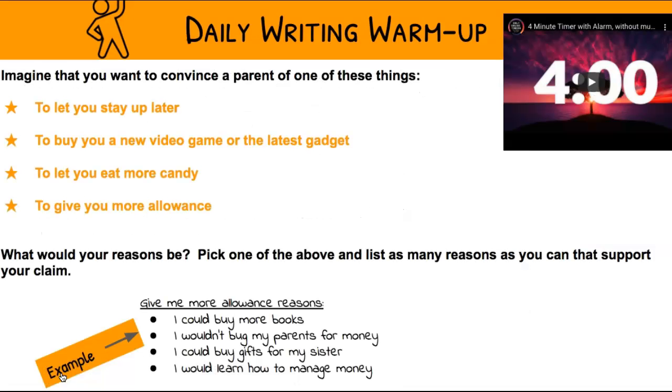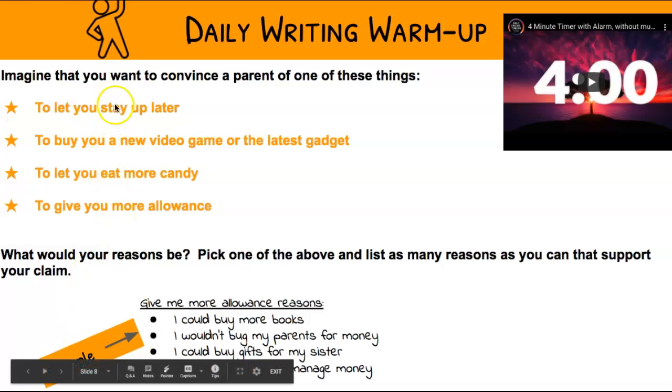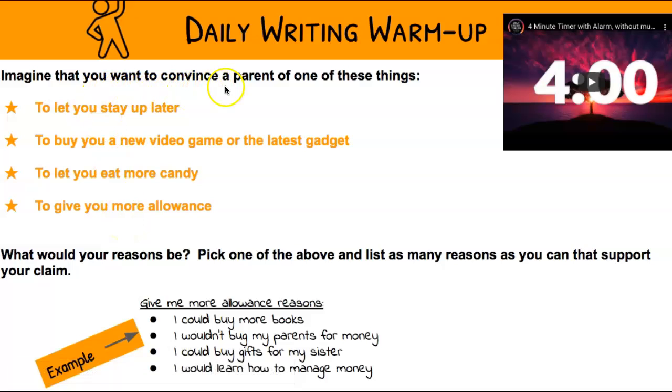All right, so for your warm-up today, you're picking one of these 4 orange choices. Imagine that you want to convince a parent of one of these things: to let you stay up later, to buy you a new video game or the latest gadget, to let you eat more candy, or to give you more allowance. So choose one of those, and for the next 4 minutes, you're going to make a list of